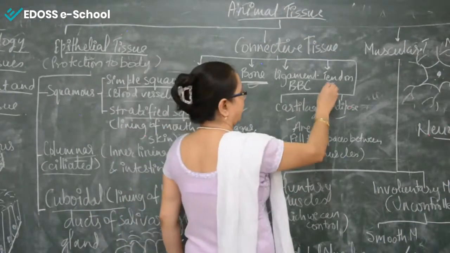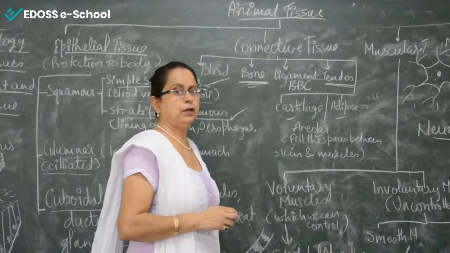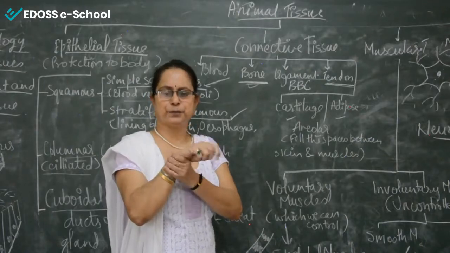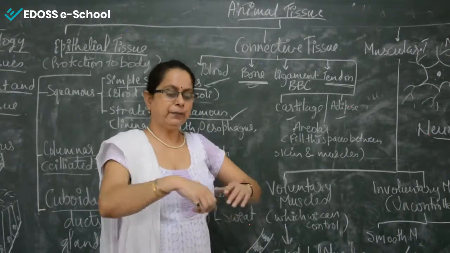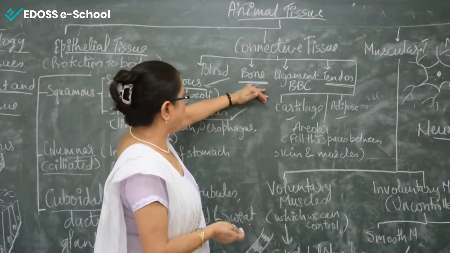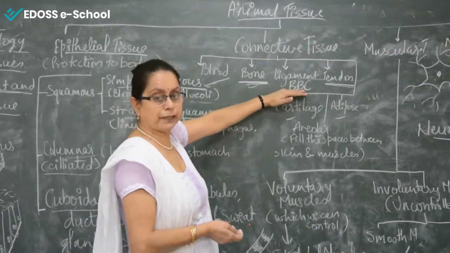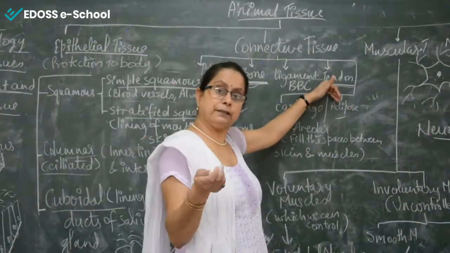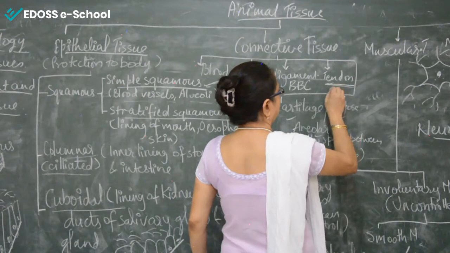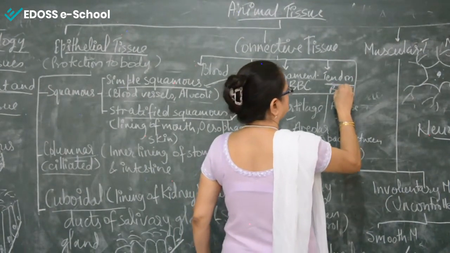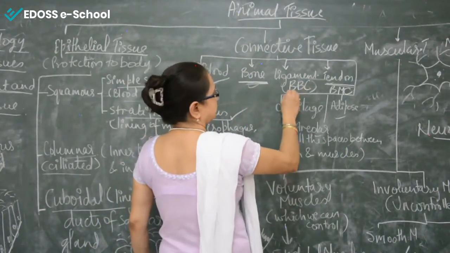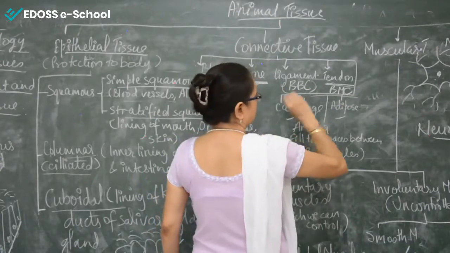Whereas tendon is responsible for joining muscle to bone, right? So this movement of the wrist is because of the muscles. Here also muscles can join to the bone, and bone is again joined to the bone. If two bones are joined together, it will definitely be with the help of ligament. If one bone is joined with a muscle, then tendon will be responsible for that. In short, we can remember tendon like bone, muscle, connective tissue. This is in short to remember. One is BBC and this is BMC or MBC, whatever.